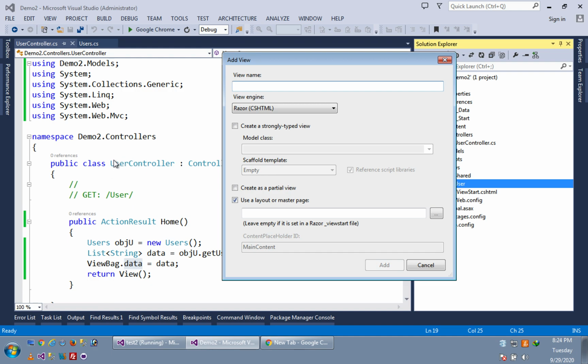If you have some XYZ controller and ABC action result, then you first make a folder called XYZ, because your controller's name is XYZ, and then create one view called abc.cshtml in that XYZ folder. Here the view's name will be Home, and it is Razor, so its extension will be cshtml, C sharp HTML. Add.